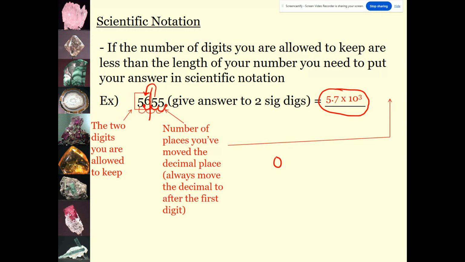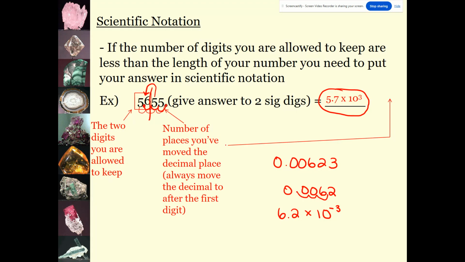But let's say I had a number 0.00623 and I wanted to round that to 2 sig digs. Again, I could just put it as 0.0062 because the leading zeros don't count, but let's say it asks you to put it in scientific notation, or the answer is given in scientific notation. It would be 6.2 times 10 to the 1, 2, 3, negative 3, because I'm moving it in the right